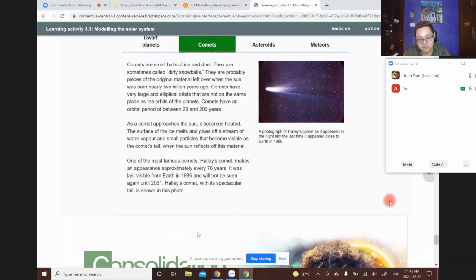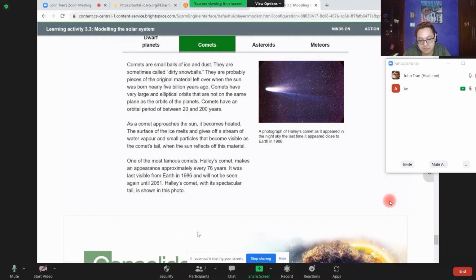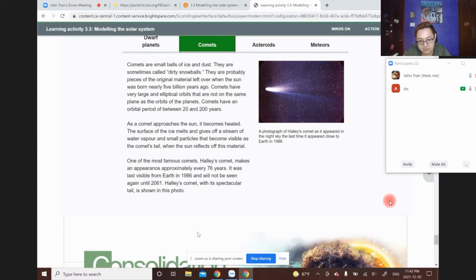As a comet approaches the sun, it becomes heated. The surface of the ice melts and gives off a stream of water vapor and small particles. These small particles become visible as the comet tail. When the sun reflects off this material,